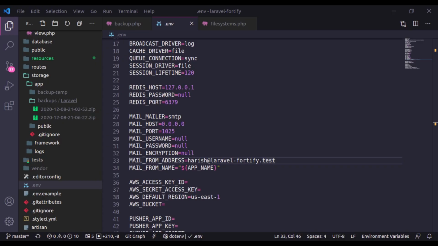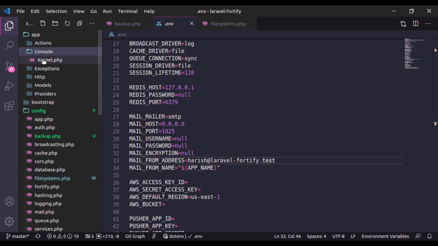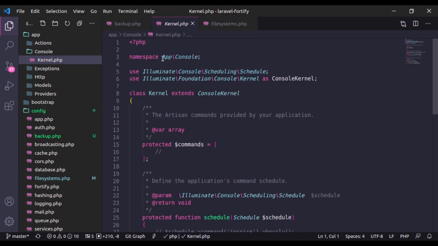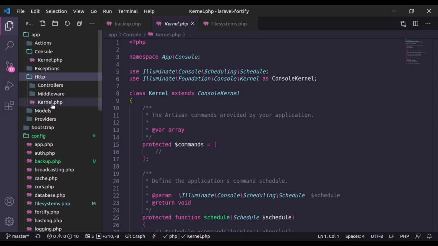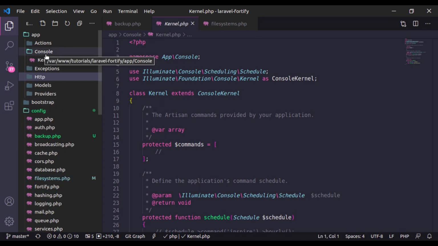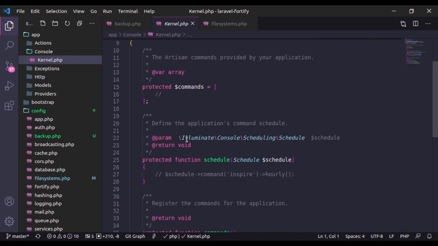Next, let's set up the Laravel scheduler to automate this backup, so we don't have to run the backup run command manually to take backups. It should be automated. So for that we will go to app console kernel and make sure that this kernel is not the http kernel, it should be the console kernel. And in this kernel we will go to the schedule method, and in this method I will specify schedule command, and in this command we will pass the backup run command,